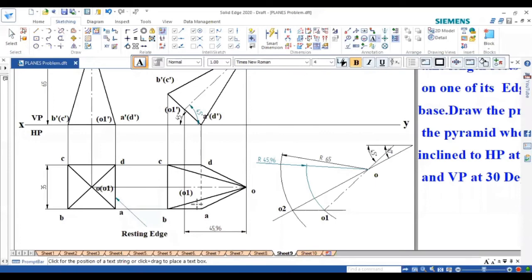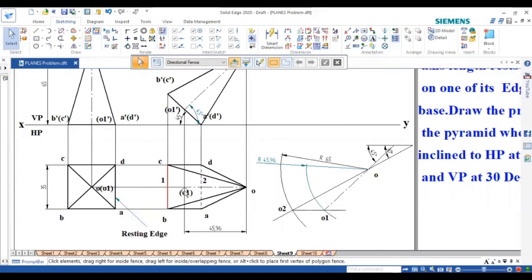You can name this point as 1, this point as 2. Okay, this is only for your reference. You can write this as 1 and 2. Okay, now O1 to 1, right? 1 to O1, one distance is there, and O1 to 2, one more distance you get. You can measure that. So measure O1 to 1.